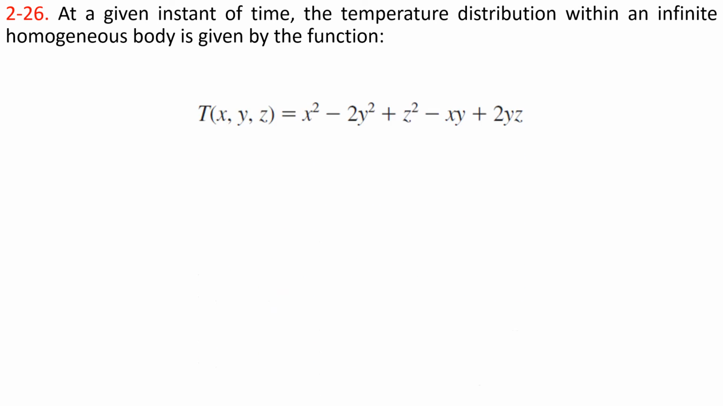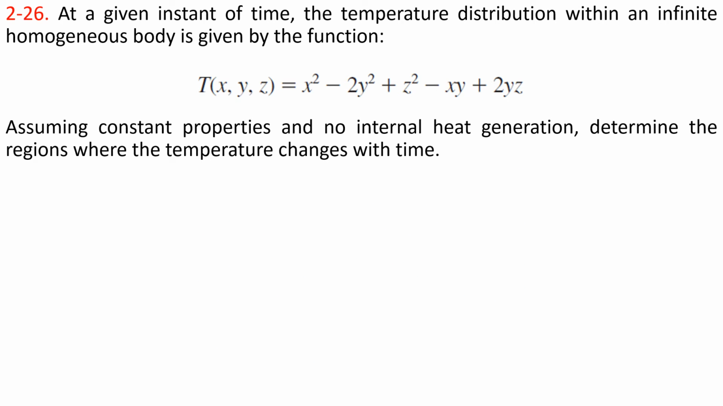Now we are moving towards another problem, which is problem 2-26 of our textbook. At a given instant of time, the temperature distribution within an infinite homogeneous body is given by the function T of x, y, z is equal to x square minus 2y square plus z square minus xy plus 2yz. Assume constant properties and no internal heat generation. Determine the regions where the temperature changes with